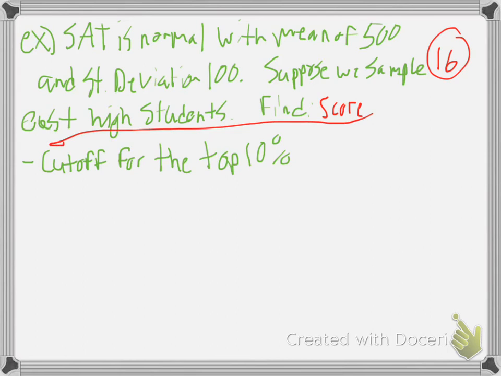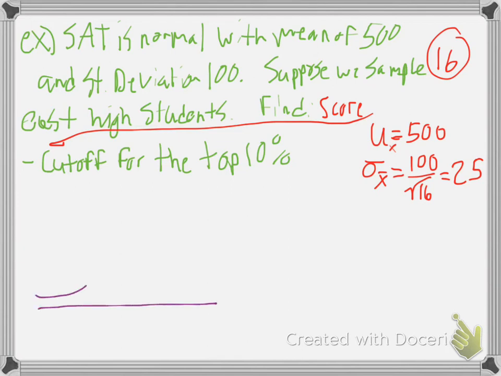Okay, so remember, we need to write down the mean and the standard deviation to do this. The mean is still 500, and the standard deviation now, since we sampled 16 students, is equal to 100 divided by the square root of 16, which is 4, so 100 divided by 4, 25. We have a new standard deviation of 25. Okay, draw the bell picture, put 500 in the middle,